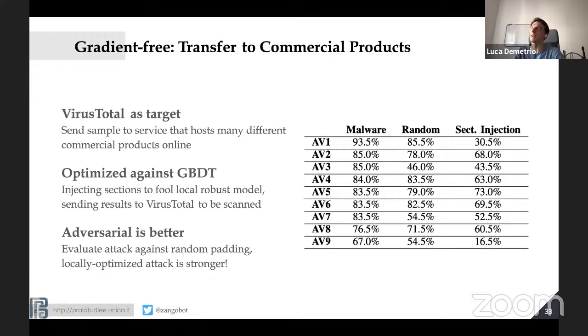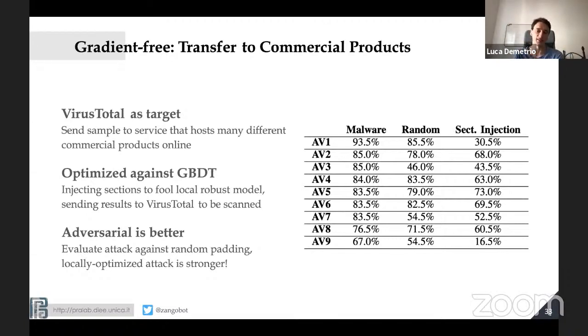And that might be because the reason might lie in the fact that many of these guys use just the hash of the file to see, okay, this is malware because I know that this hash is malware. But then the very surprising result was found while we use the section injection attack. CAV1 passes from a 93% detection rate to 30%. It means that the adversarial attack is able to transfer to a product that may be somewhere on the device of someone. And that's interesting, but also kind of scary from my point of view.